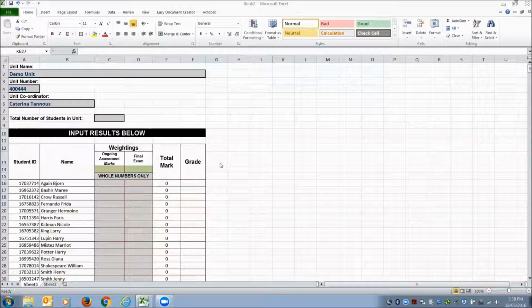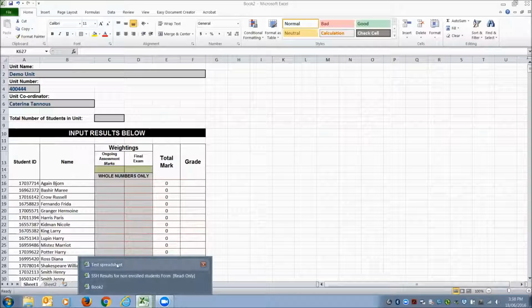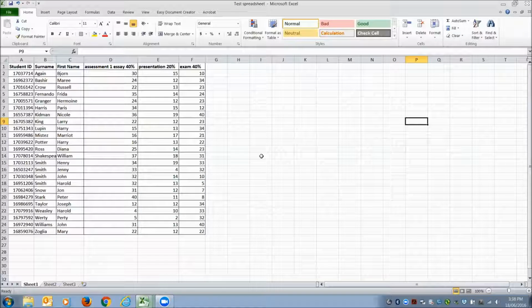Okay, so I've created a workbook here, and of course I've just made up some students and student IDs. I also have a spreadsheet. This is the sort of spreadsheet that you would use to collate all of the marks in your unit. You may have downloaded it from Views and completed it that way, but ideally you are wanting to move these